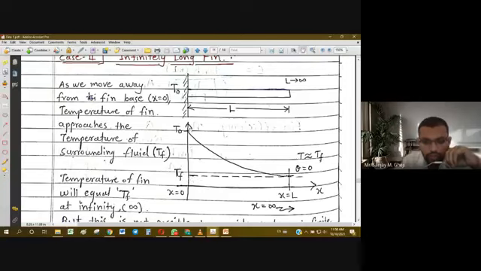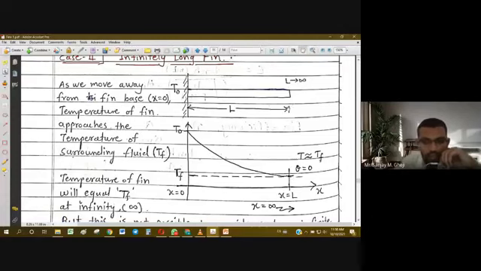So it is shown on the lower side, and it is constant and uniform throughout the length, because everywhere the fluid temperature is going to be the same. So Tf is uniform and constant. As we move along the length of the fin, the temperature of the fin surface is going to vary. At the base it is equal to T0, but as you go away from the base, it is going to drop. It is gradually and continuously decreasing, and it will reach its minimum at the tip of the fin.